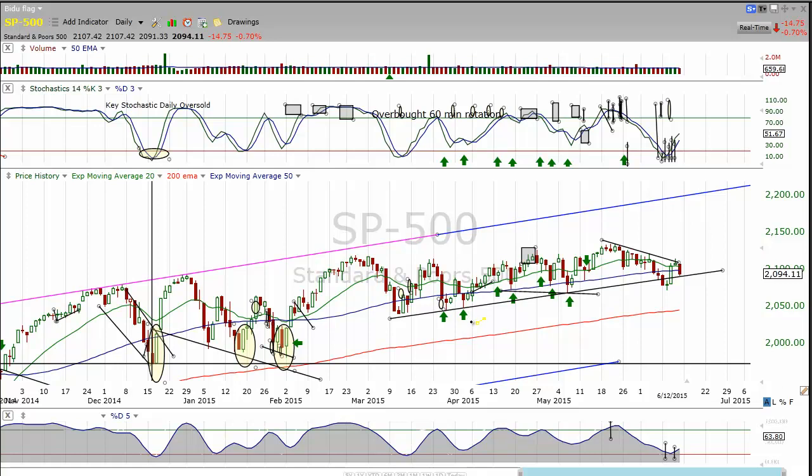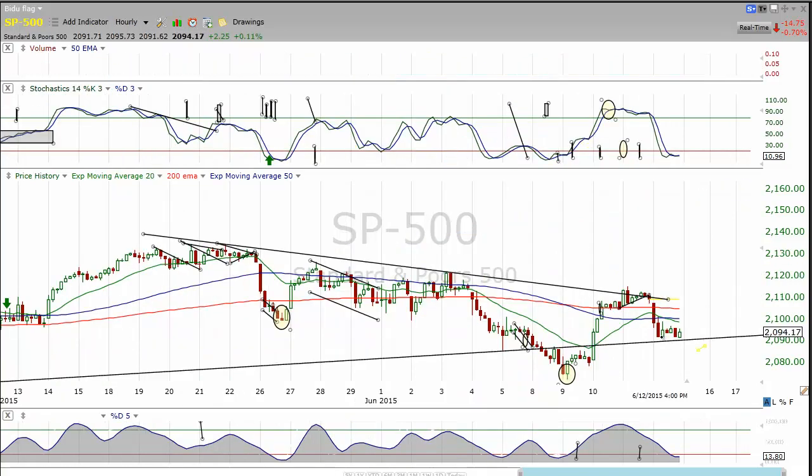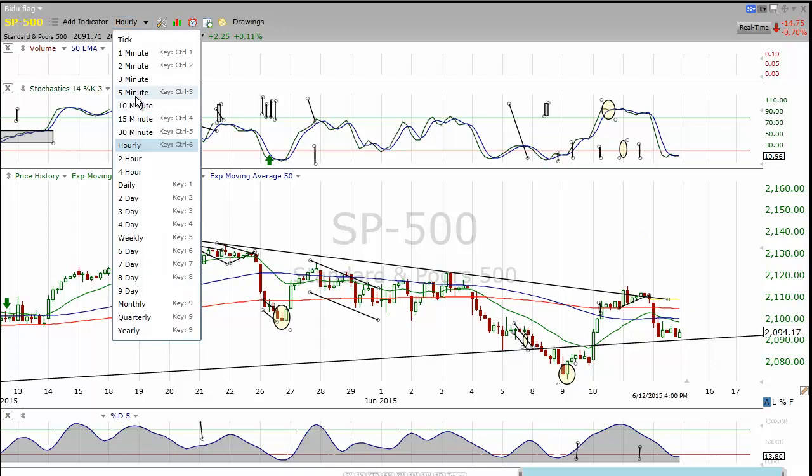First part here, going into this week, coming out of last week, the last big event we had, when we talk about charts, is that oversold 60-minute stochastic setup here. And we had a nice little bounce here, and it rotated like it was supposed to, and it got back up here, a little overbought, now it's pulled back. And the pullback here could be partly